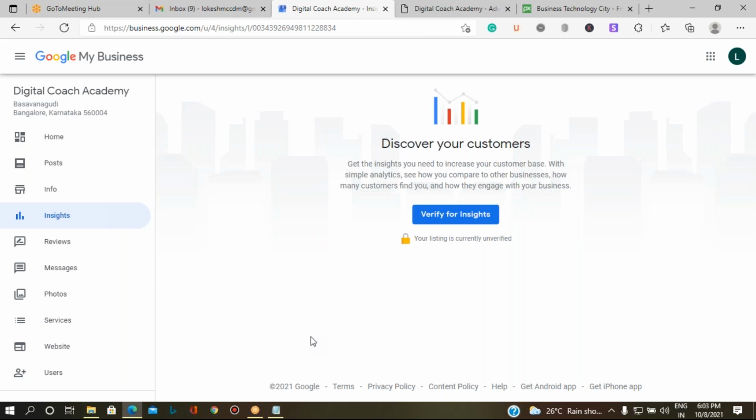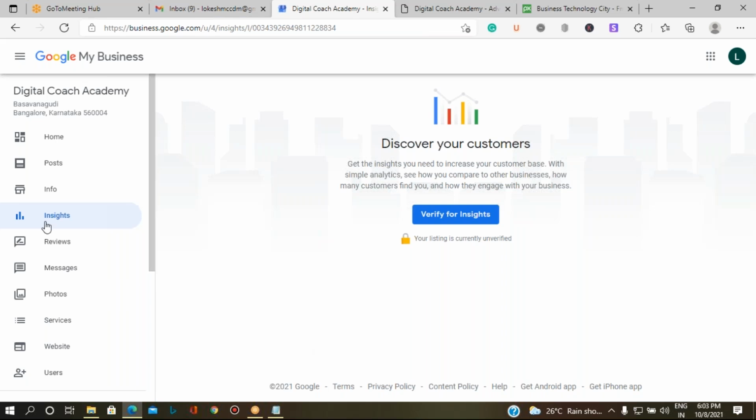All this information is shown in graphical representations. This is going to help you know how your page is performing and how people are accepting it. Through what posts were you able to get more audience towards your website page or the Google My Business page? You can see all the performance information through the graphical representation.